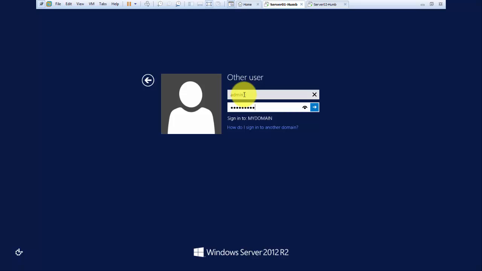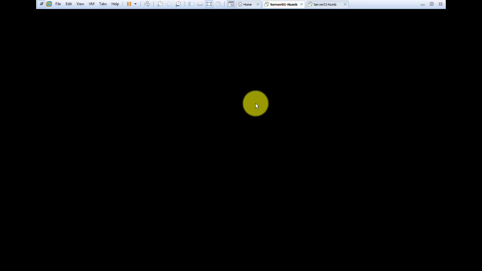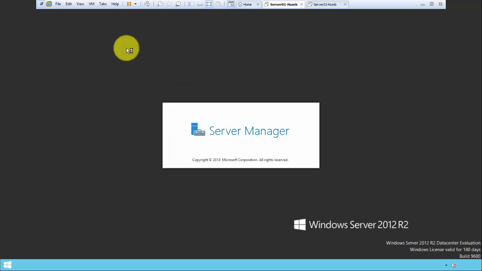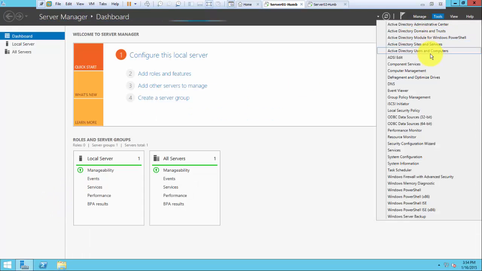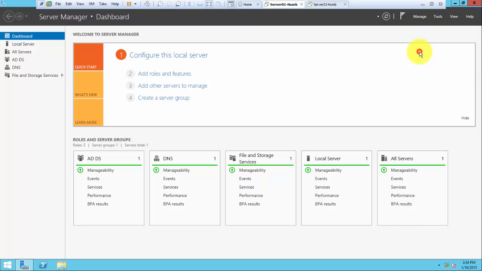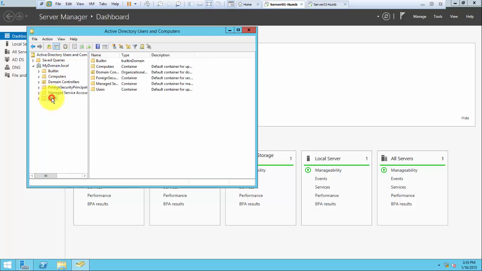If somehow we forget the password, at least we did not disable the administrator account, right? So we're just going to go back and maybe remember it. So yep, it perfectly logs in from admin1, and we're just going to go back and safely disable the administrator account inside Active Directory Users and Computers,